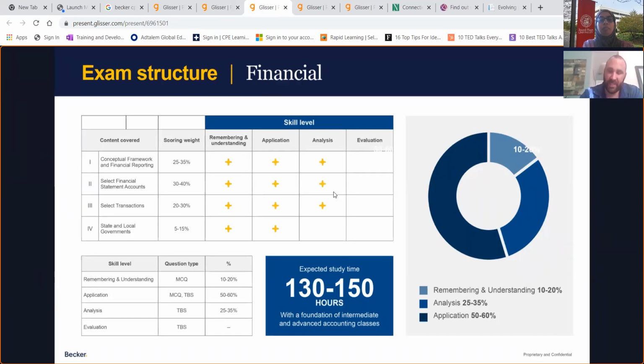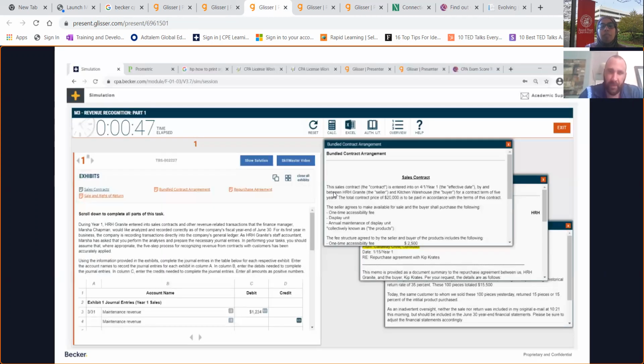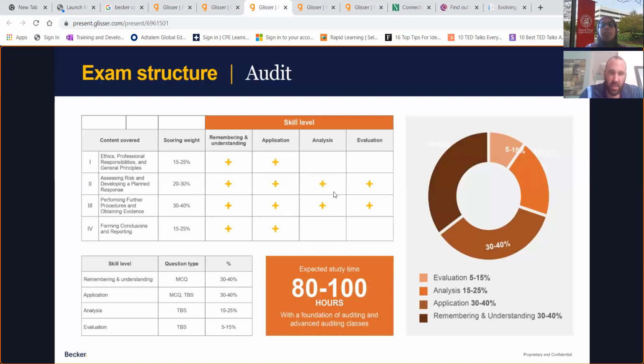Now, the expected study time is 130 to 150 hours. That's about 15 hours a week for roughly 2.5 months or so to get through financial. It's not that bad. This is an example of what a multiple choice question looks like. I'll go into this in detail after, once we go to the demo. This is an example of what a simulation looks like. I'll do an example of that after as well. Okay. Now we have